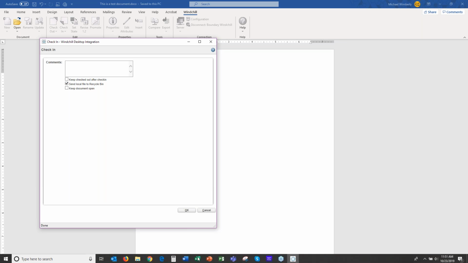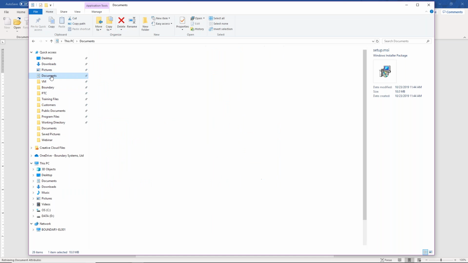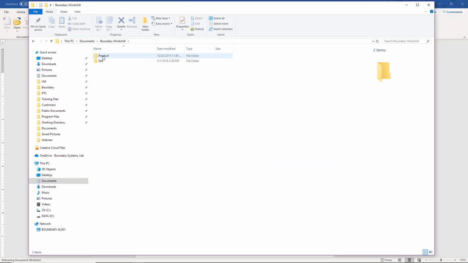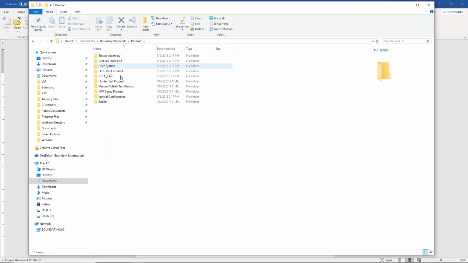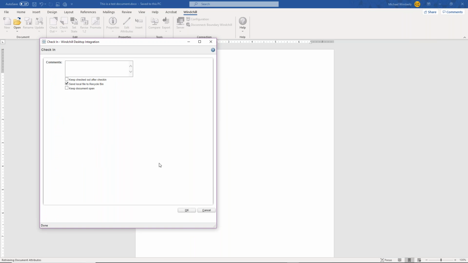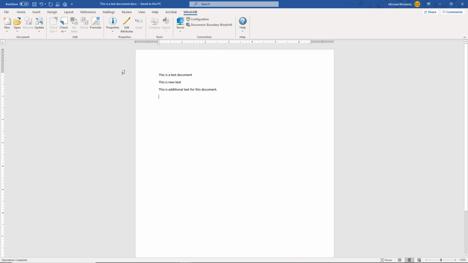Now I will show you there is a path where those files are actually located. You can set up where the path is, but mine is under my documents. There's a boundary Windchill under product, then underneath my demo product under document, there's that test document that we currently have. So that is now the file that is downloaded to my local workstation. Now, when I go ahead and say send that file to recycling bin, it's going to check everything in,